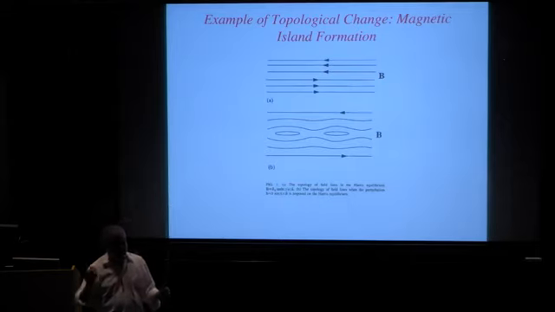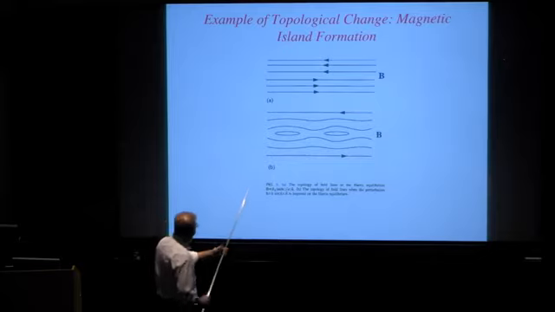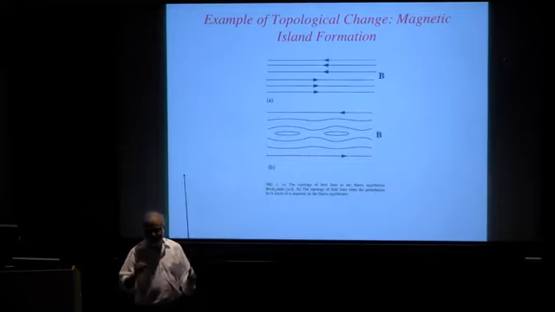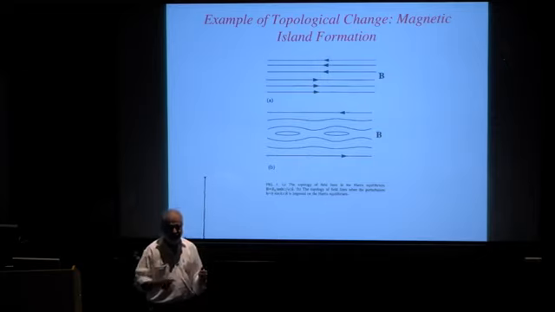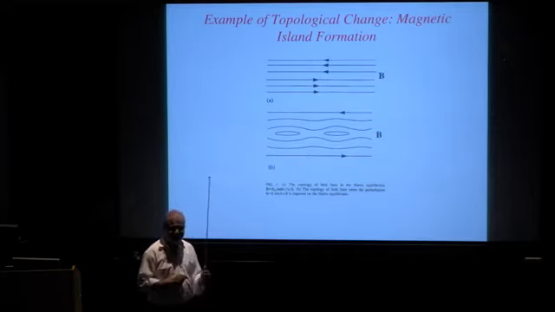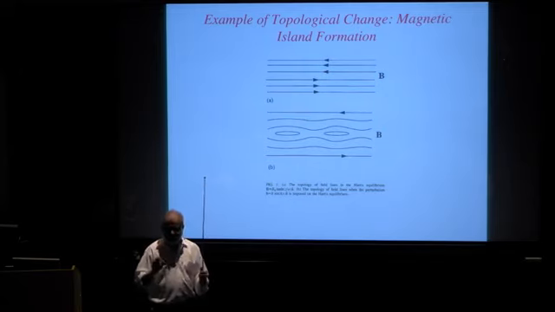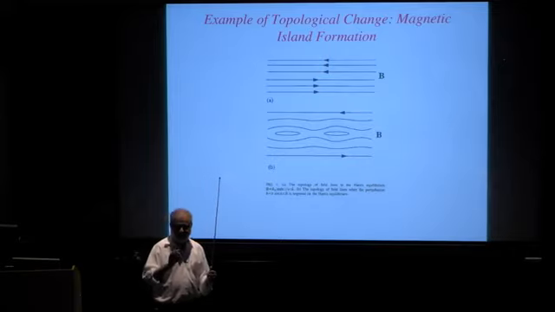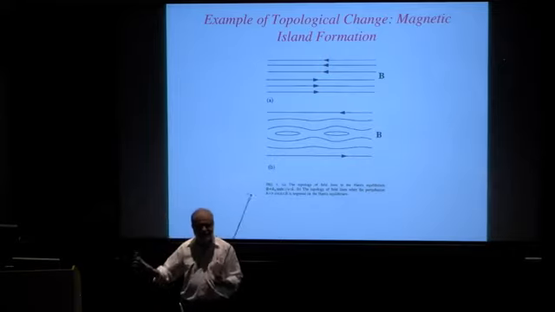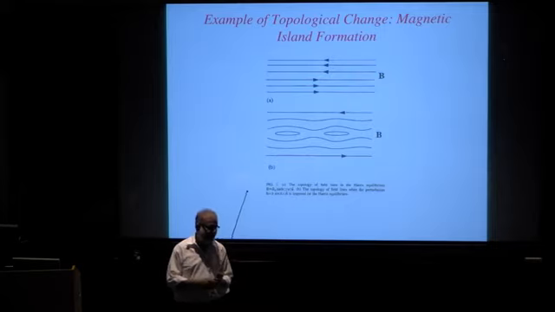It takes a few pages of algebra just to prove to myself that ideal MHD really works. If you do not have dissipation in the system, but you try to brute force a calculation, you will quickly find that the time-dependent equations of MHD are going to tell you that the perturbation must go to zero. There is nothing in ideal MHD that will support a sinusoidal perturbation that will break the topology of field lines to produce this structure. So the mathematics tells you what intuition tells you as well.